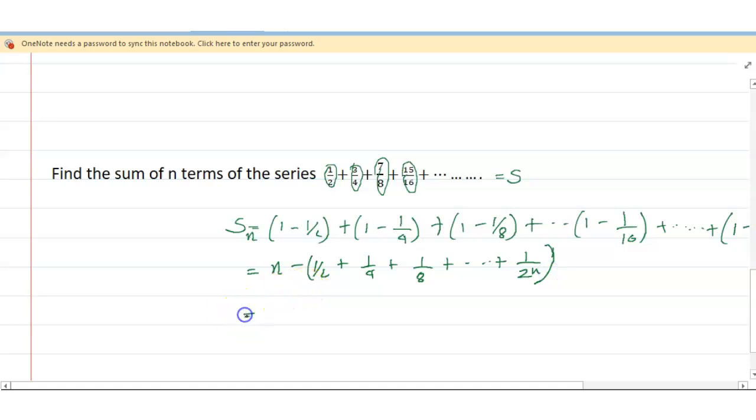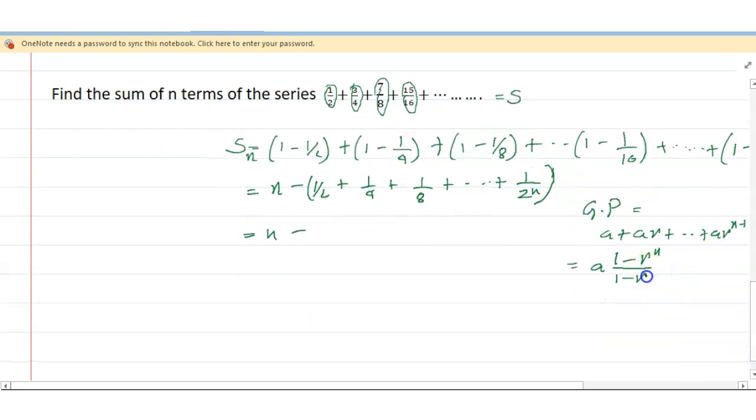This is a GP series, friends, and the GP formula is: a plus ar plus up to ar to the power n minus 1 is equal to a times (1 minus r to the power n) divided by (1 minus r), where r is